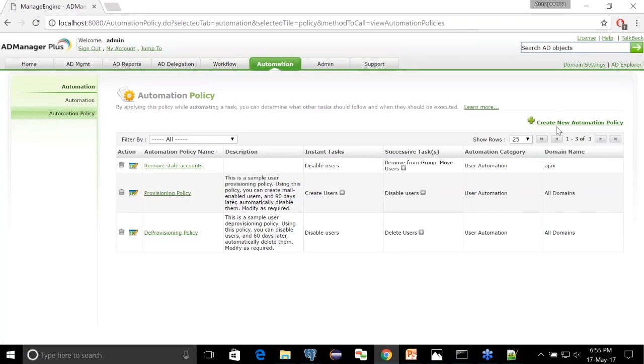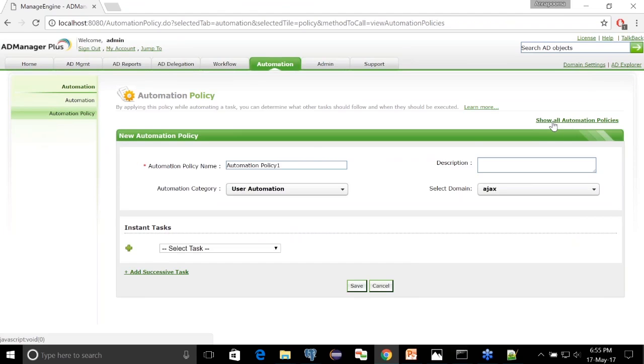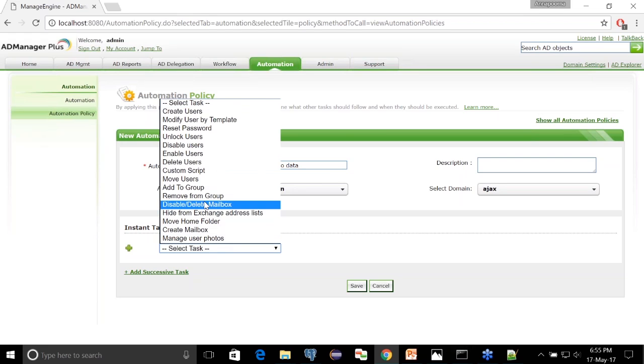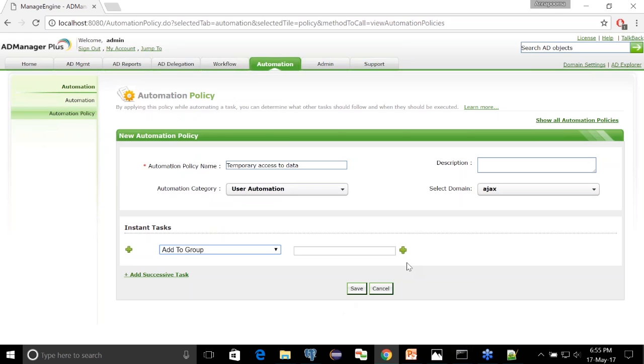Now moving to the next task for today, how do I provide temporary access for users to business data by modifying their group membership? So similarly, you need to create an automation policy. Let me go to automation policy tab and then create new automation policy. So this is going to be temporary access to data.